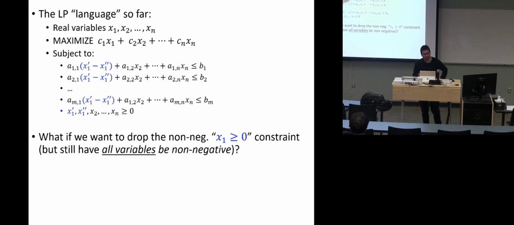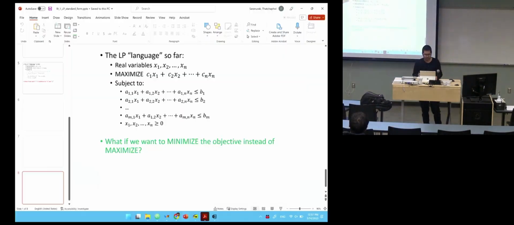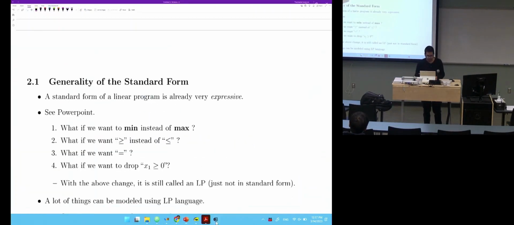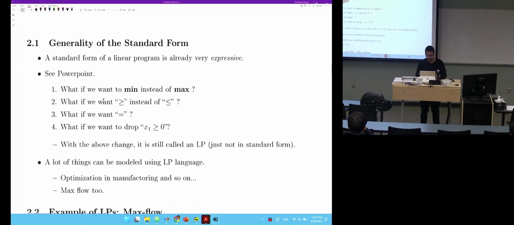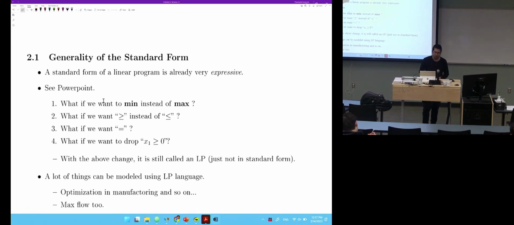So that's how to go, and you see that this standard form of linear program is already very expressive. It is very flexible, whether you want maximization, minimization, equality, or inequality in both directions. All of this you can always convert into a standard form linear program. So you see that it is really expressive and can be used to solve many things. And a lot of problems can be modeled as a linear program,